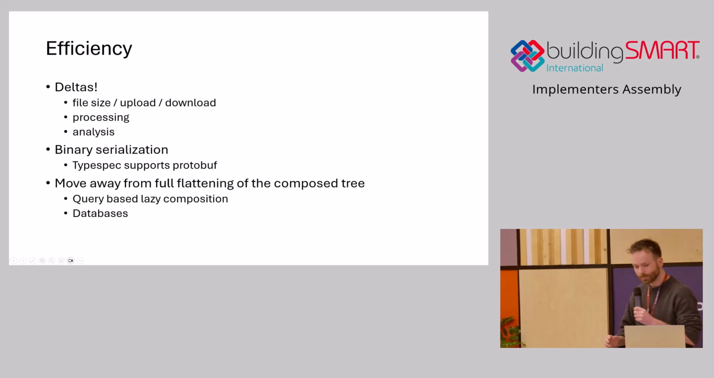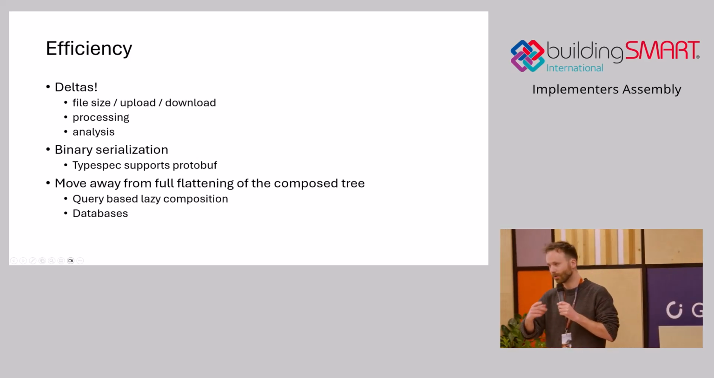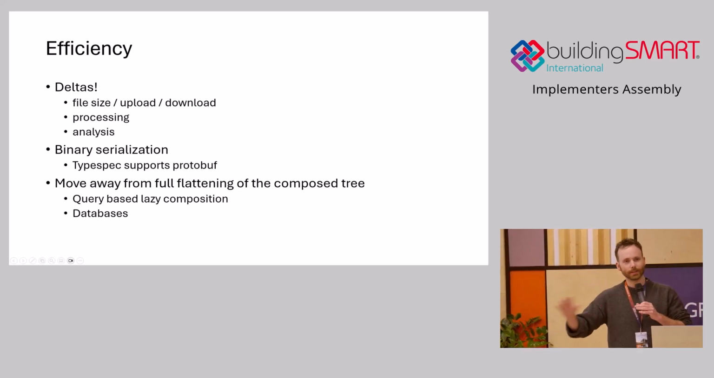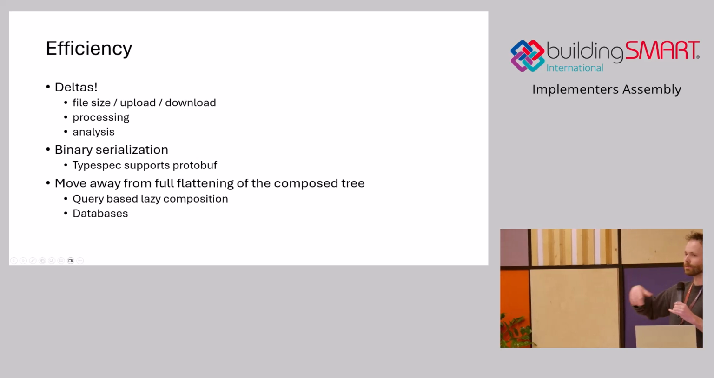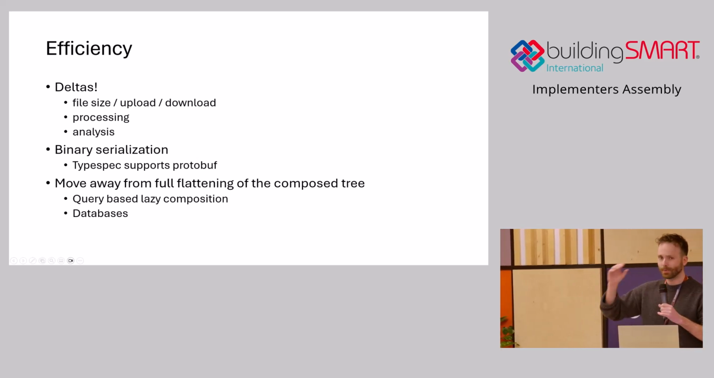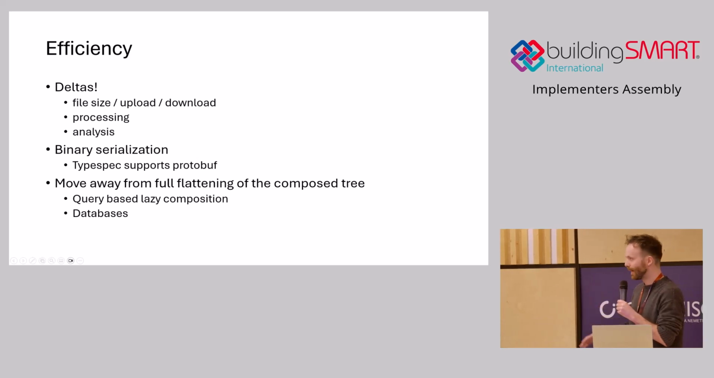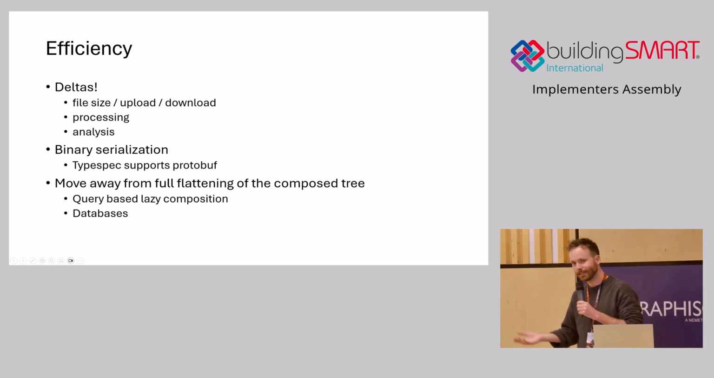And for efficiency, I think Thomas mentioned it. Right now, in the viewer and everywhere we go, we flatten this whole tree. So we look at the data and we completely evaluate it and we duplicate everything that's duplicatable. And that's bad, right? So we want to do some kind of a lazy composition where the moment that you